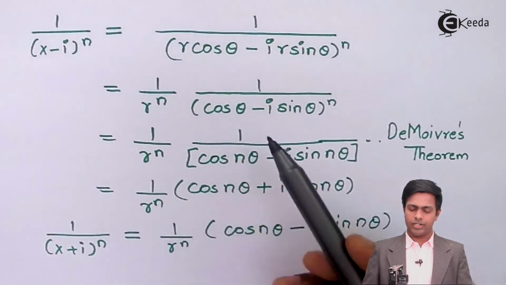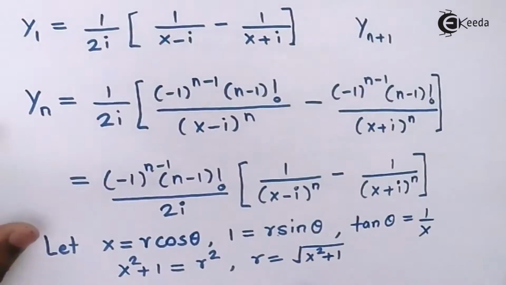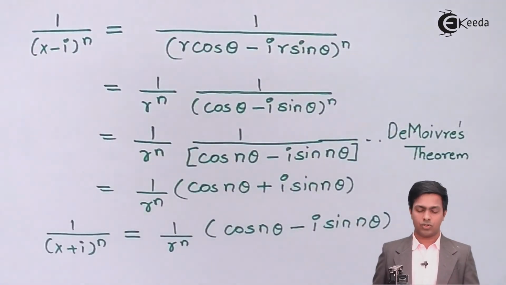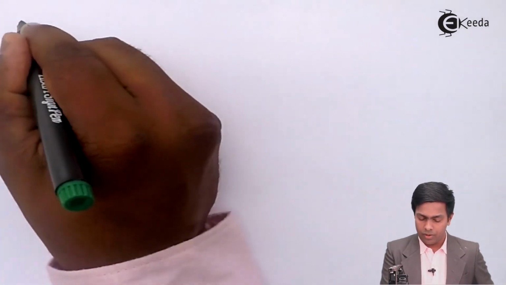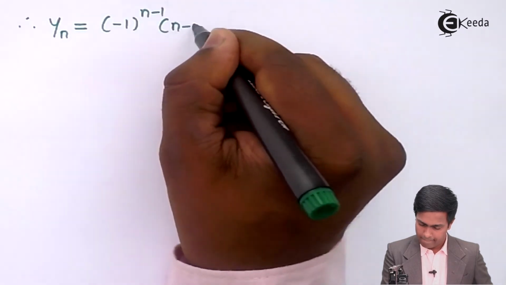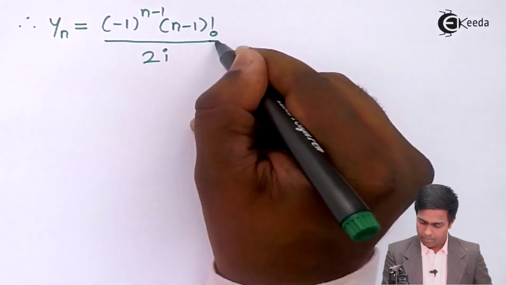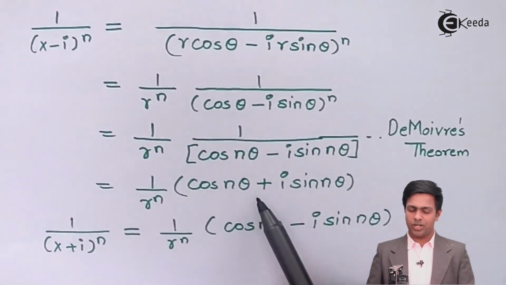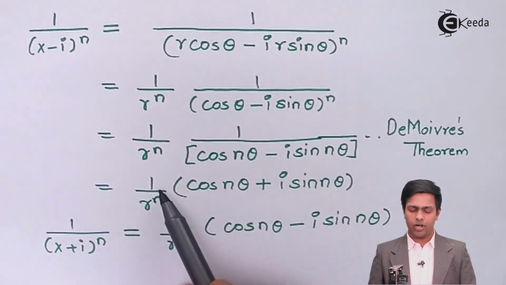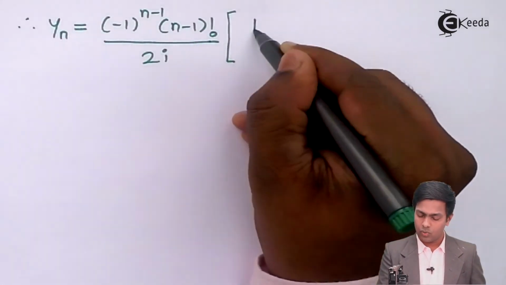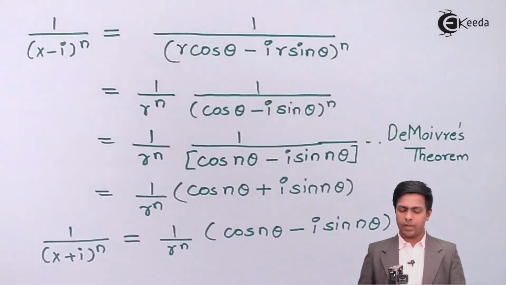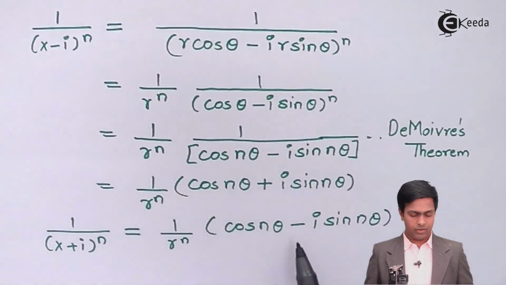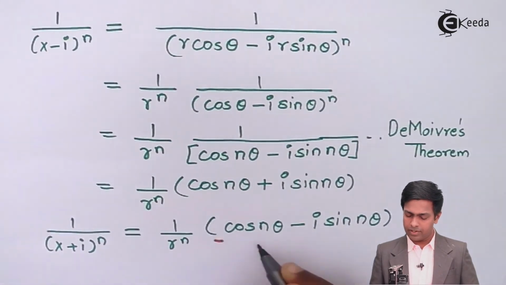Now guys, we'll substitute these two values here, and we will subtract the second value from the first value. So let's see what we get. Therefore, first term as it is. Now let's subtract these two terms. While subtracting, we can see that 1 upon r raised to n is common, so I'll take it outside. When we subtract the second term from the first term, the sign of the second term will change. So this will become negative and this will become positive.